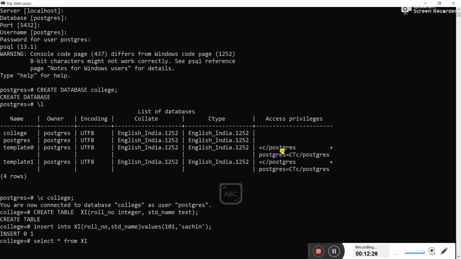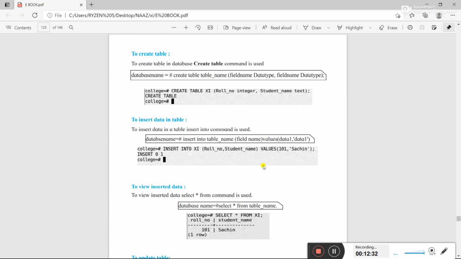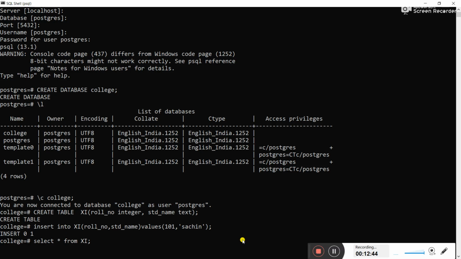To view inserted data we use the select star command: select star from table name, select star from 11, it will display the records inserted in this. Got it?